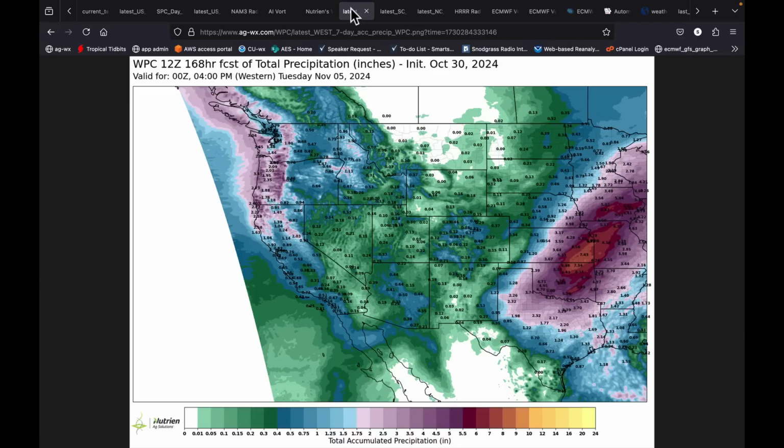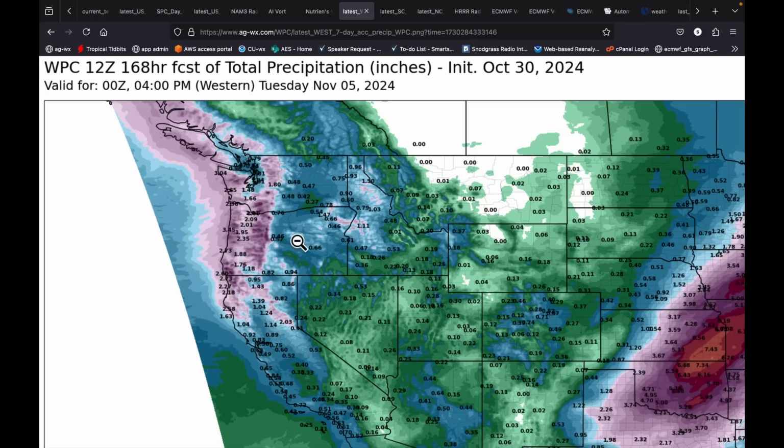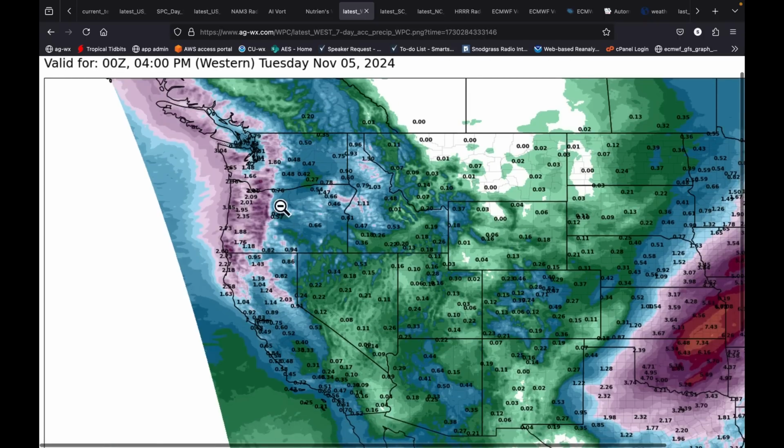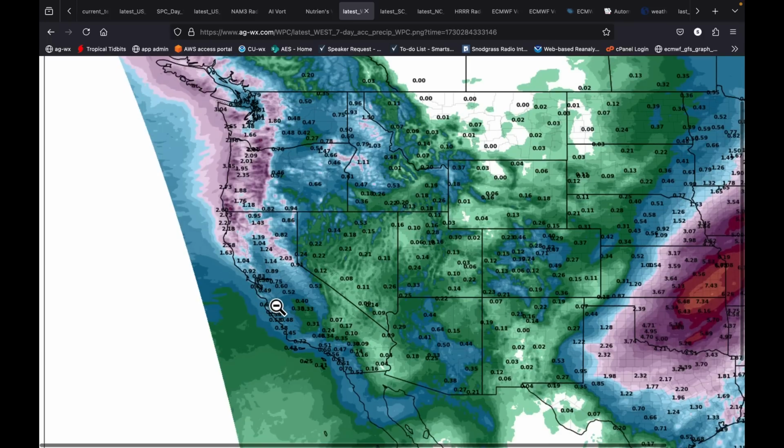We're going to start in the west. So this does include the next 2 systems combined. And we notice that while Montana is drier because of these systems coming in and diving, we do have total precipitation amounts that are pretty high here. For example, throughout the Willamette Valley, even some places in the Columbia Basin, capable of getting 0.3 to maybe a half inch of rainfall. This is going to be some of the first seasonal rains that are going to get into the Central Valley of California as well. And the moisture that's going to get down into Arizona, the Sun Belt down here, is fairly good moisture for this time of year.